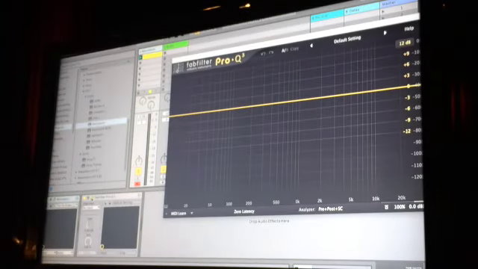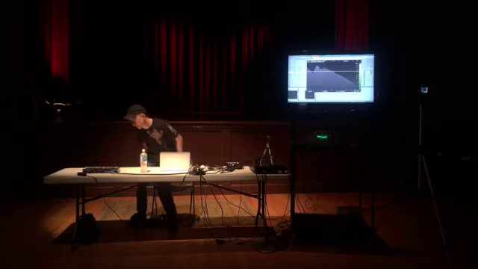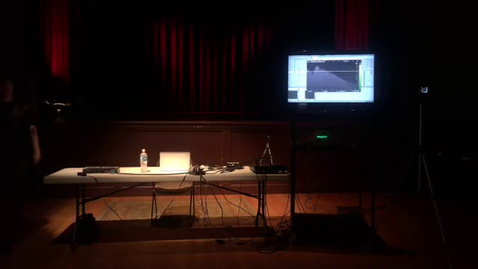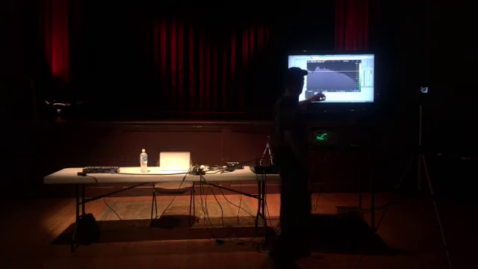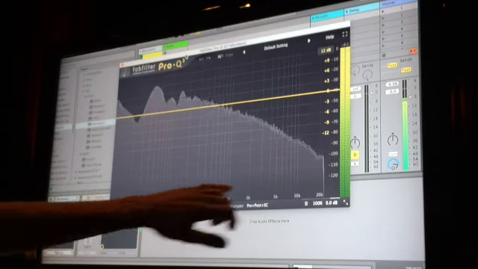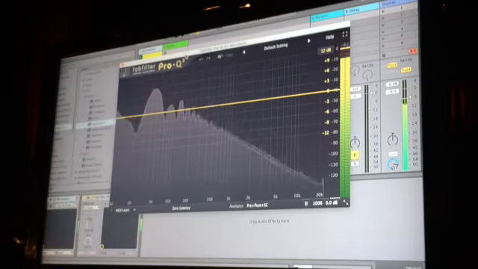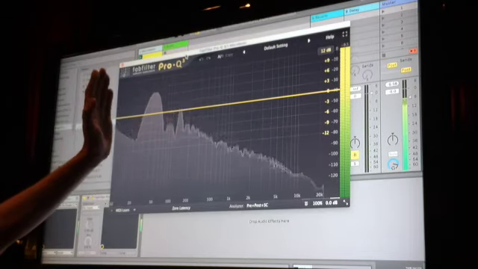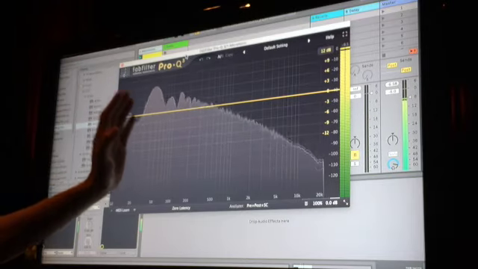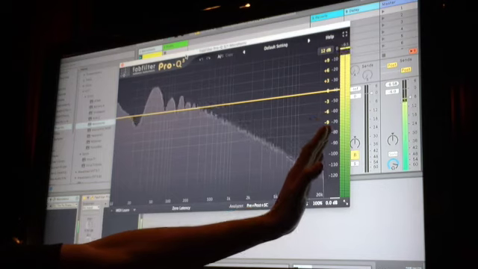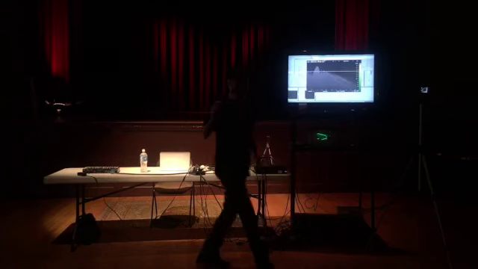I'm going to open up the FabFilter, and I'm going to play the kick drum. Now, let me just come right here and show you exactly what's happening. So we have the frequency spectrum. This is the spectrum analyzer, so you can see what's going on throughout the frequencies. Now, this is the lowest frequency, which is 20 hertz, and this is the highest frequency, which is 20,000 hertz. Now, the human ear can hear up to